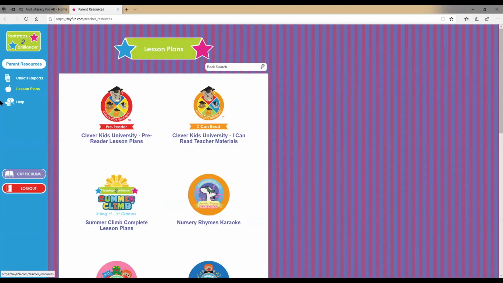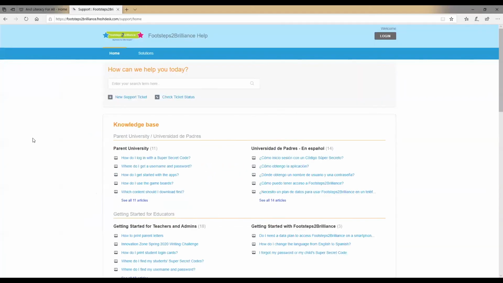Let's go ahead and look again at this left-hand side, and there's this help button right here with the mouse with the question mark. So let's click on that. Now this page will take you to another one that has information for parents and teachers. So if you're a teacher, you can find some information here. And if you're a parent, here is Parent University. As you can see, for parents, information is in both English and Spanish. So let's go ahead and click on Parent University here.